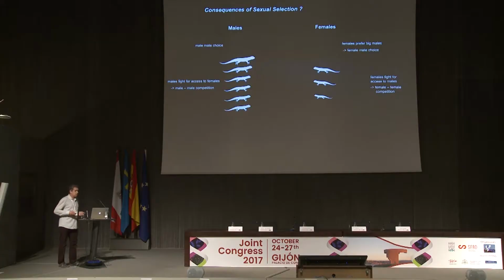So what are the consequences of sexual selection? Well, the consequences are conflicts. These conflicts are among males, among females, or they are between the two sexes. If the conflicts are between the sexes, then we talk about sexual conflicts. And these conflicts can be either symmetric or asymmetric, and that means the costs are either paid by both sexes or by only one sex.